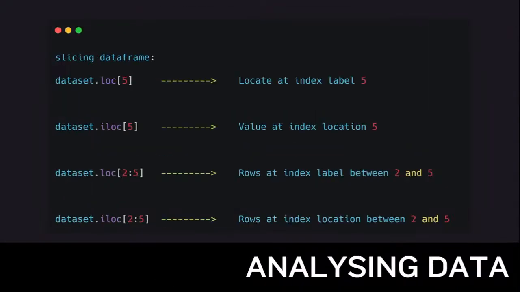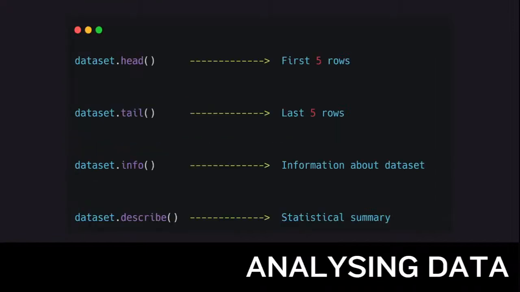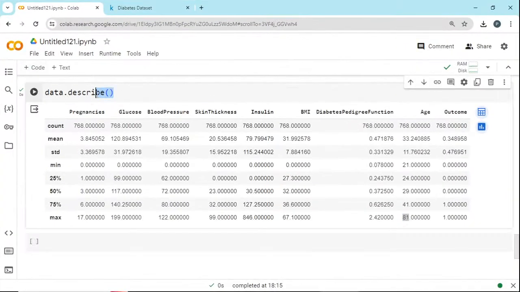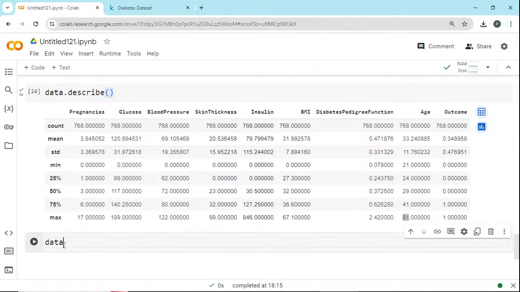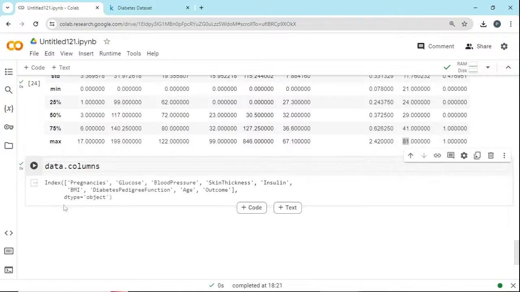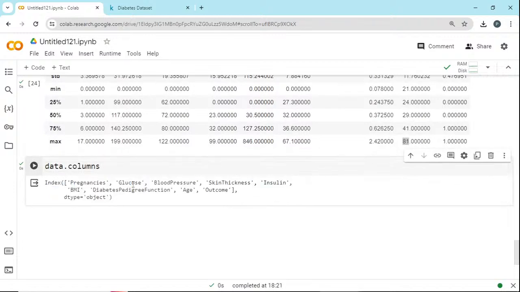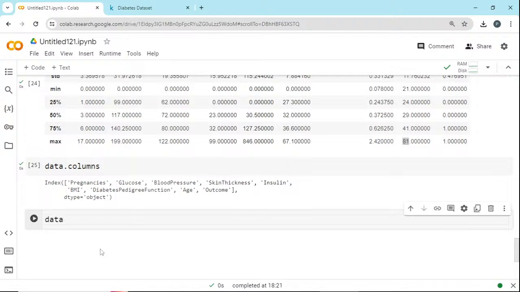So now continuing with the next one, the attributes. Let us start with columns. I don't want to pass parentheses for these attributes. So data.columns is going to give me a list. You will be getting a Python list of column names: pregnancies, glucose, blood pressure, skin thickness, and so on. And if you go with data.index, you get the index information,